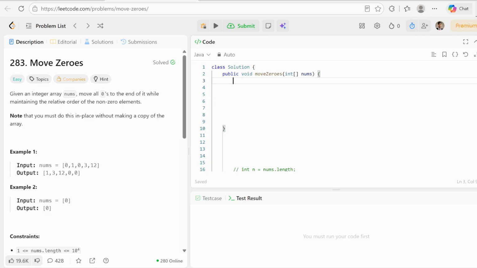Okay, so as I have told you, you will be given this particular array, and what you need to do is first find the size of it. So nums dot length, and then since this is the brute force, I'm telling you first, then I will go to the optimized code. So first we need to traverse the entire array, and find which element is the non-zero element. So if nums of I is not equal to 0, and whatever you find,